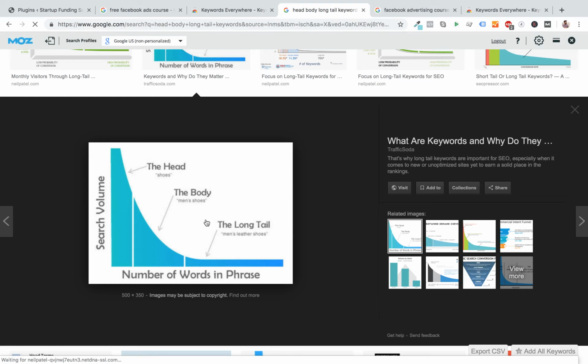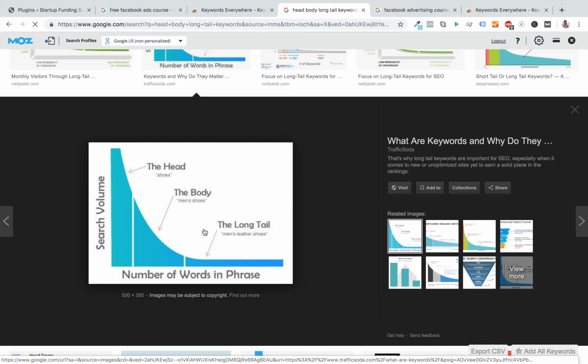Body keywords are phrases like men's shoes. Now you have very categorized. You have zoned out on a particular category. But a long tail keyword is very specific, like men's leather shoe or a Nike red shoe, something that is very, very specific, and you can exactly compete. You can exactly know what the users think. When you compete for these keywords, those kind of users are the ones who are going to purchase a lot. So they will be the ones which will be most converting. But if you're broadly looking for shoes, your result might or might not be the right result for this thing.